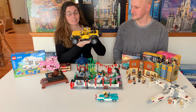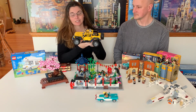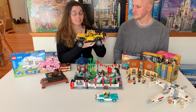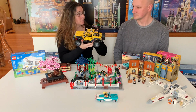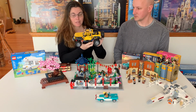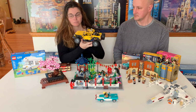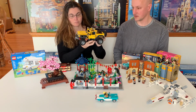I don't like Technic all that much. I get a little nervous when I see Technic pieces in a regular set. But I really liked the Jeep. I'm glad that we picked it up. And you found the build to be pretty low-key, right? Yeah, it wasn't too bad. The parts were generally easy to distinguish and easy to separate from the rest of it